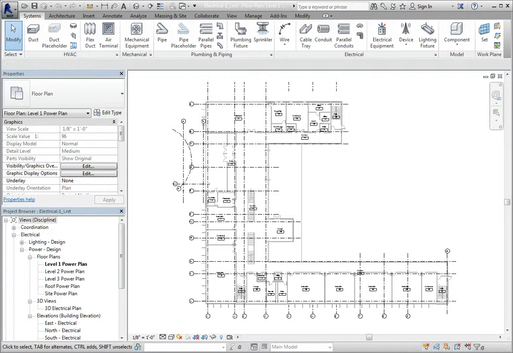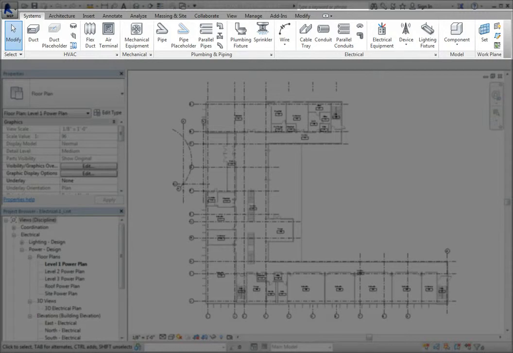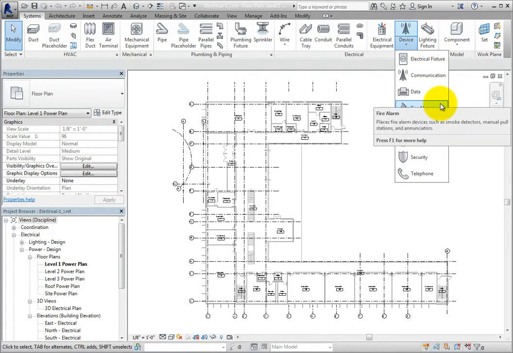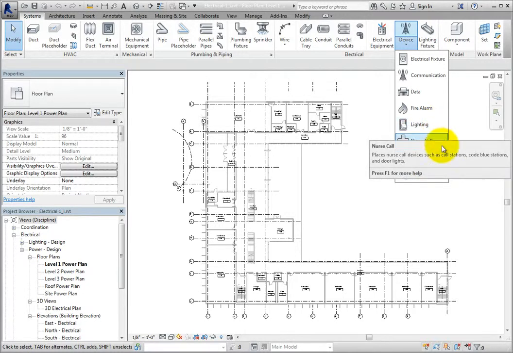There are several different kinds of electrical devices that can be added to your Revit model. Let's take a look at these devices. On the Systems ribbon, in the Electrical panel, expand the Device drop-down. As you can see, the categories of electrical devices include electrical fixture, communication, data, fire alarm, lighting, nurse call, security,